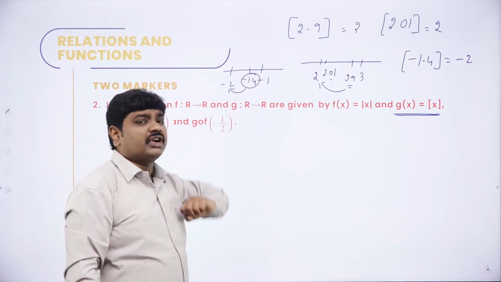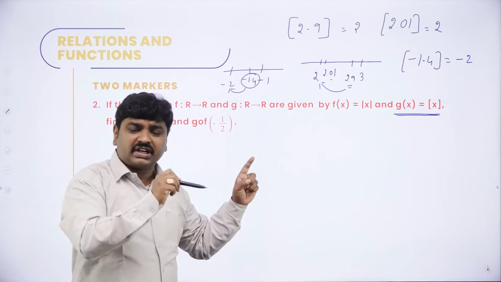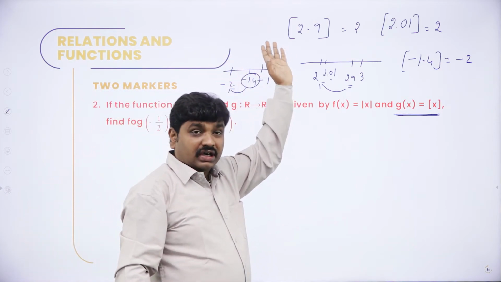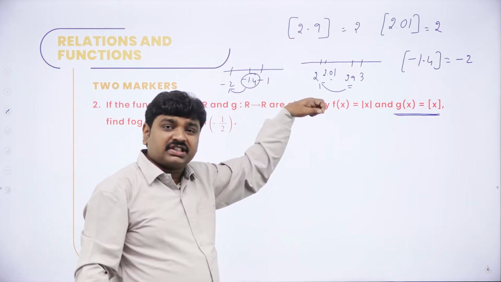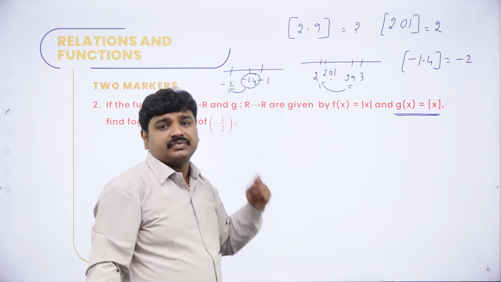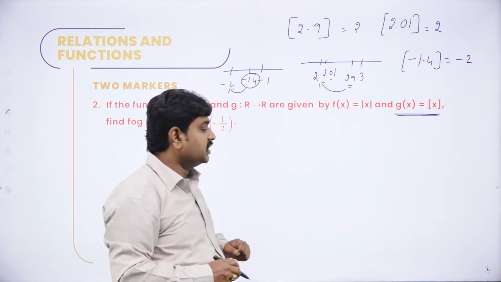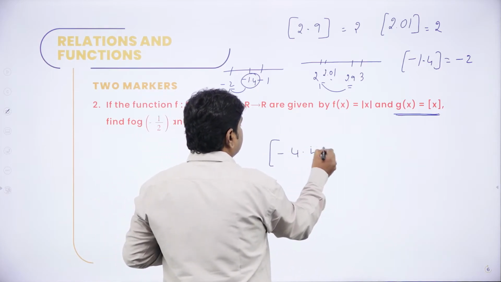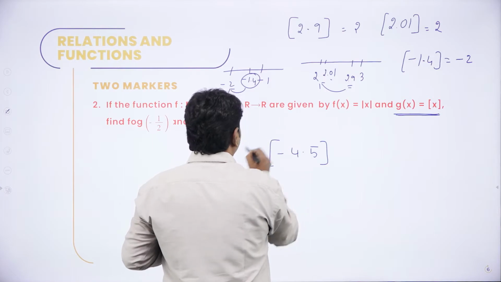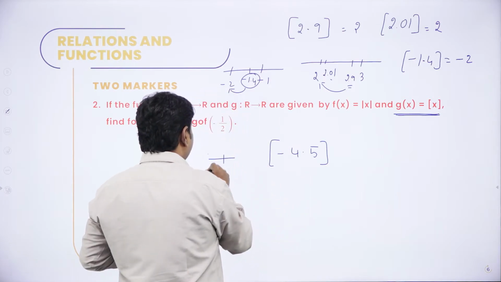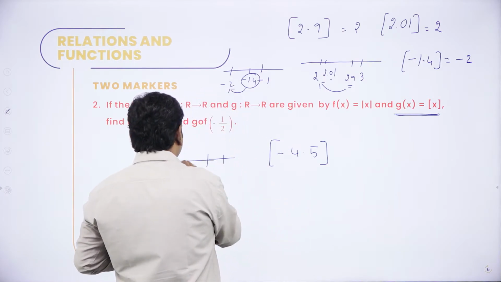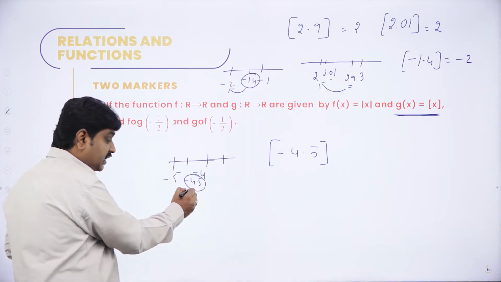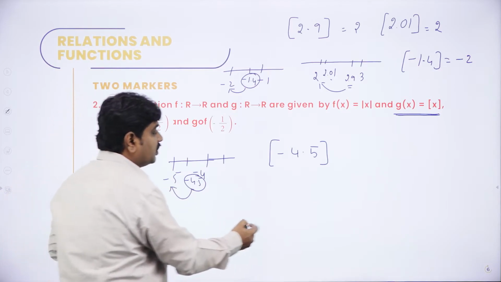So now how to find greatest integer function? The greatest integer of an integer is the integer itself. Greatest integer of any other number is an integer which is near and less than that. So now tell me what is greatest integer value of minus 4.5? On the number line we have minus 4 here, minus 5 here. I want an integer which is near and less, so I will go back. So the answer is what?